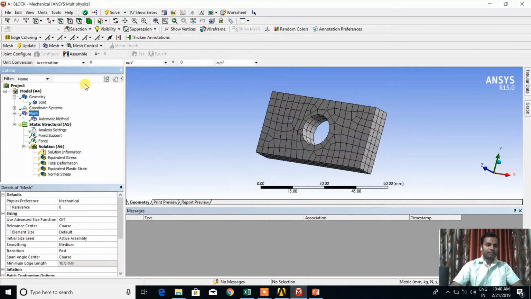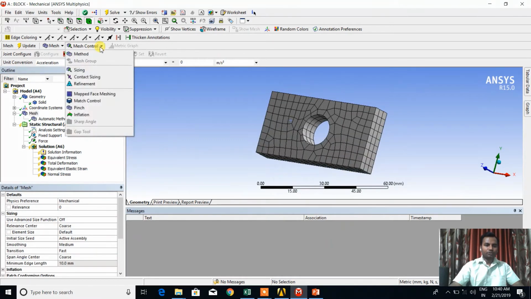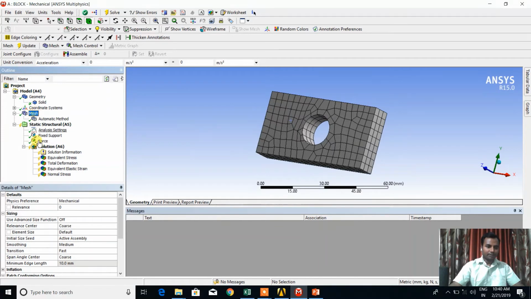Now we will check the mesh controls. Okay, so in mesh control, first of all, the sizing. Instead of using the coarse, fine and medium mesh, you can change the number of elements with the help of sizing of element. Okay, so that thing is also available here. The element size is taken by default.